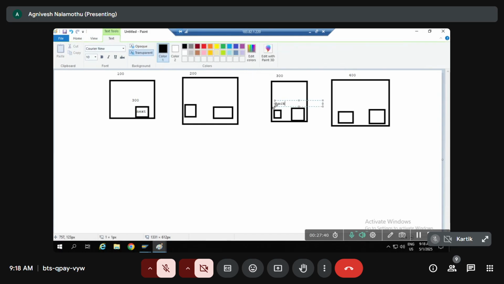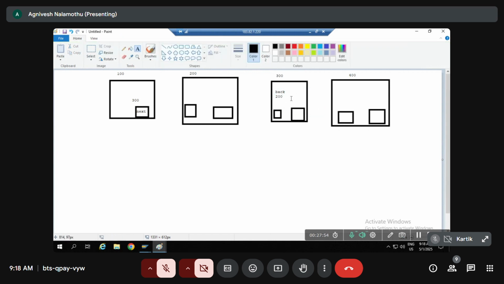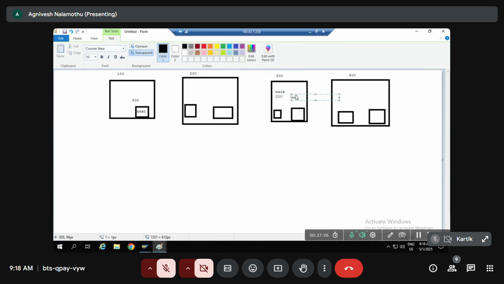If I click on this back button, it has to go to screen 200, guys. If I click on the next button, it has to go to screen 400. In the same way,